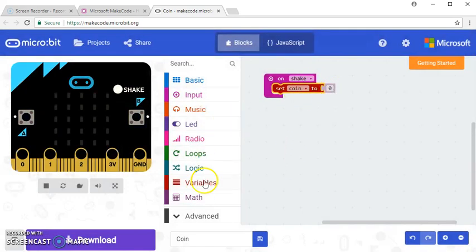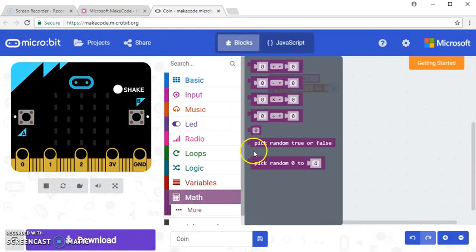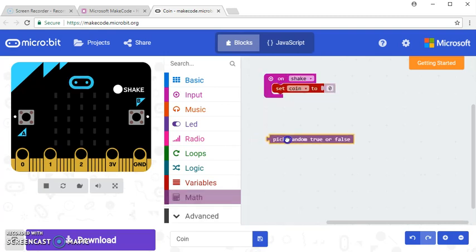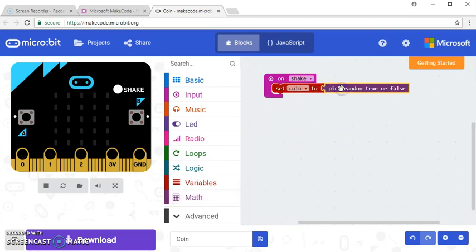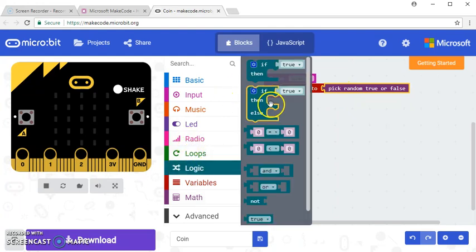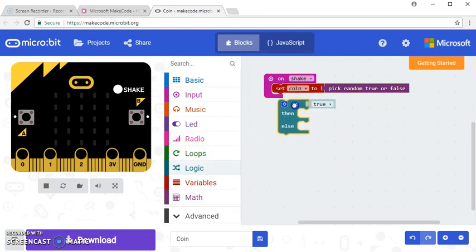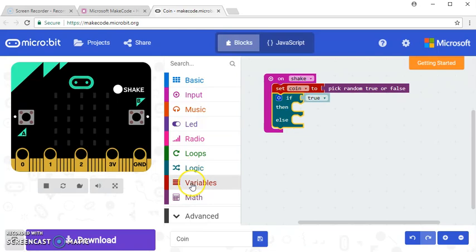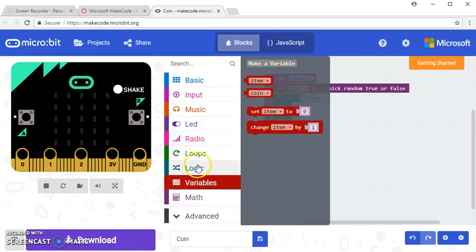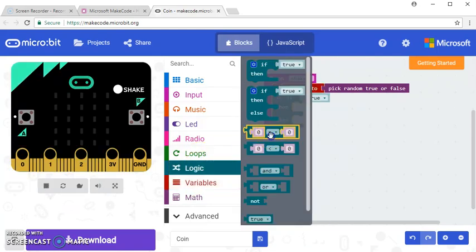So I'm going to set coin to, and I'm going to go into math, and I'm going to pick random true or false. So if I just drag that across, now it's going to set the coin to pick random true or false. And here we're then going to go back into logic. I'm going to check true. So here I've got if true then else, and then I need to go into variables. Sorry, I need to go back into logic, check for equality